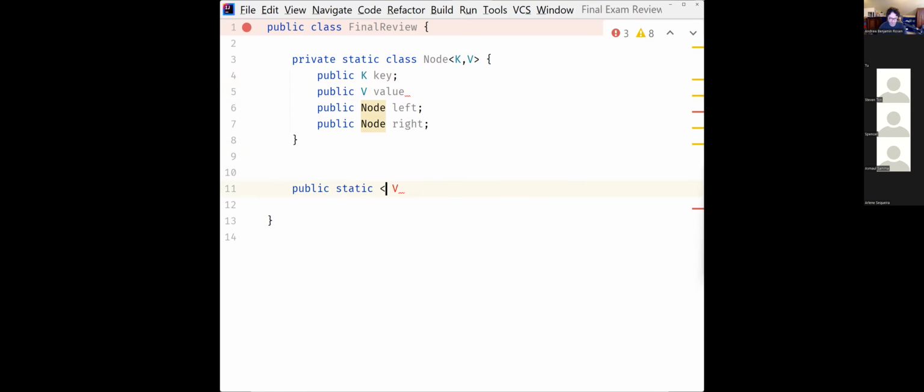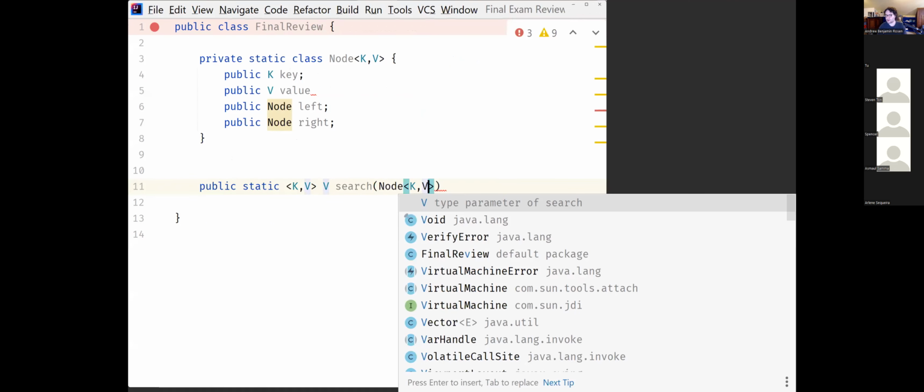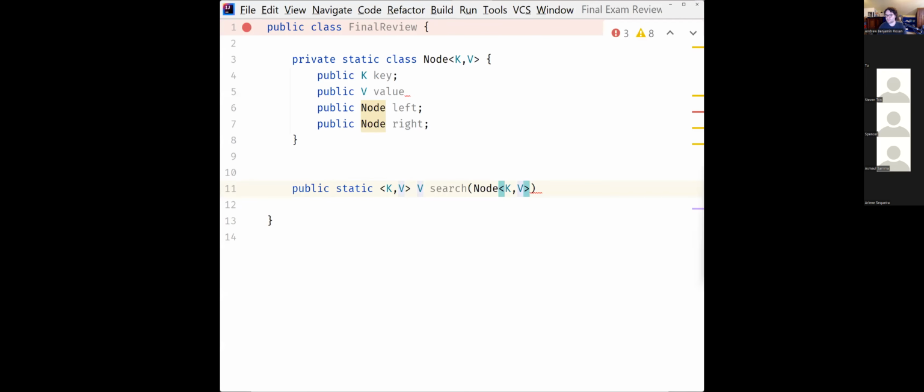Public static K V, return a V, search node, which takes of type K and V,